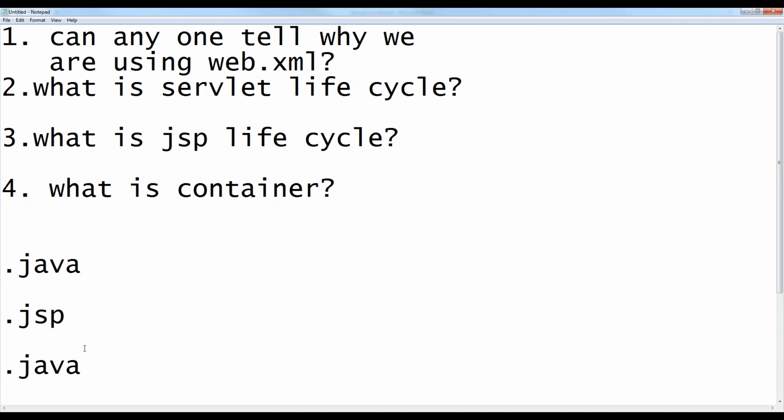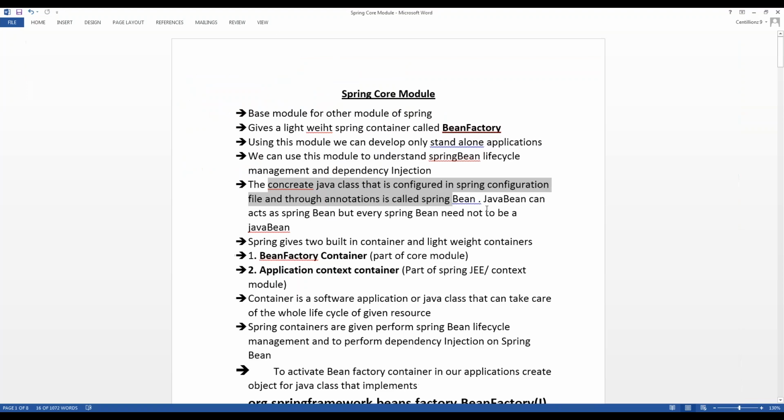A .java file depends on the JRE and JVM, but a Java bean file is a lightweight bean file. It is a Java class file that has some business logic. We will see which kind of business logic a Java bean has, and why we use Java beans every time.